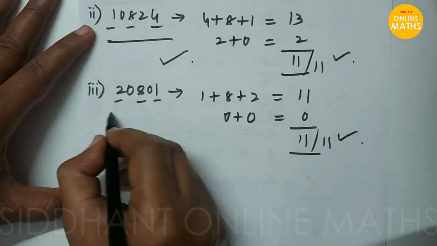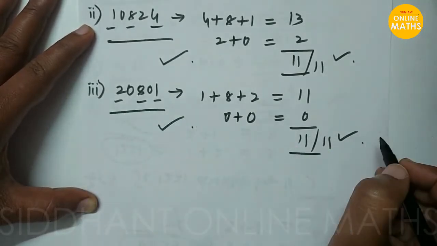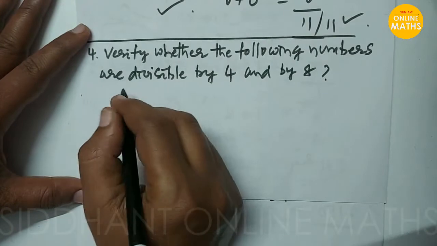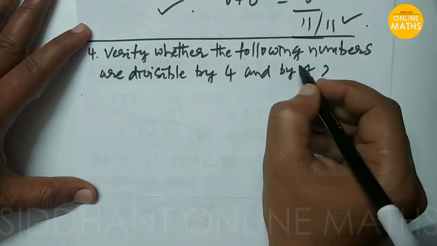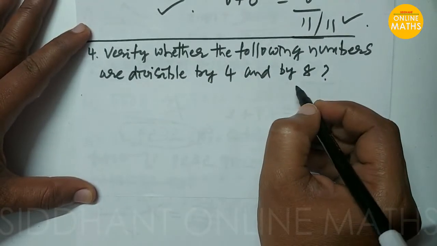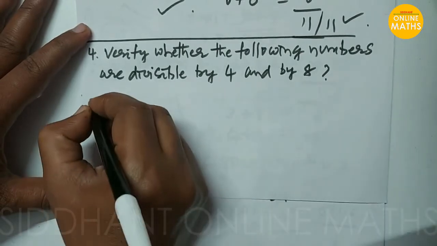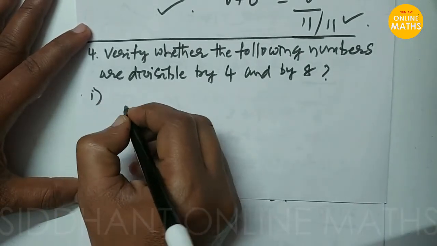So we can say that this whole number is divisible by 11 here. Next, fourth question: verify whether the following numbers are divisible by 4 and by 8. So in this first question,